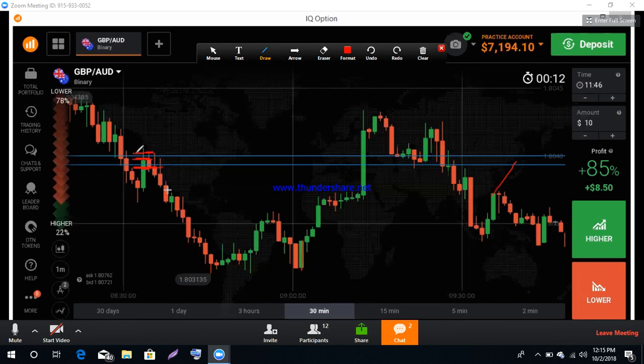Because when this candle closes above the level, it means this is a breakout candle, right? Yeah, this is a breakout candle. If it closed above this resistance line, this candle closed above the level, right? But this candle closed below the level with rejection. It means this candle couldn't break this level, right? Yeah, because of the seller's pressure. You can see the seller's pressure here.